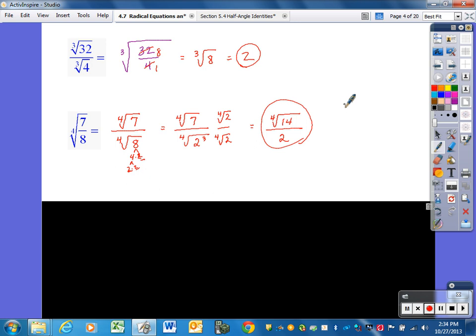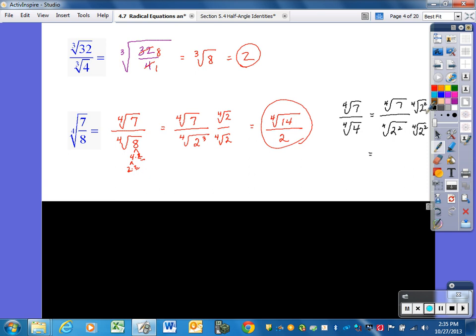Because if this were the 4th root of 7 over the 4th root of 4, that would be the same as the 4th root of 7 over the 4th root of 2 squared. To take out a 2, I need 4 of them down here. So now I would need to multiply by 2 more 2's. What I do to the denominator, I must do to the numerator. So on top,